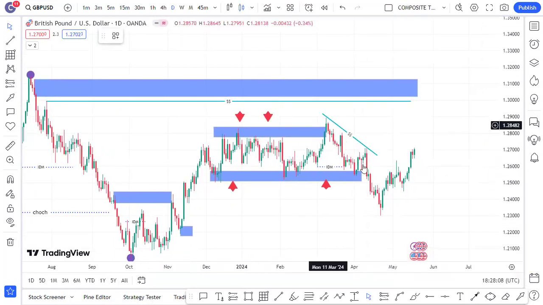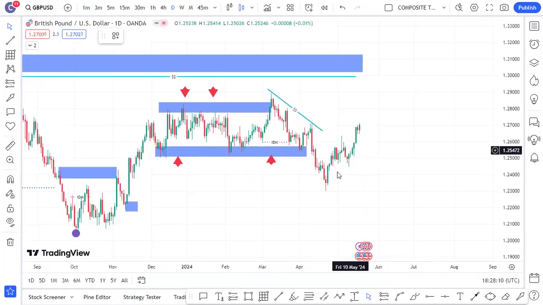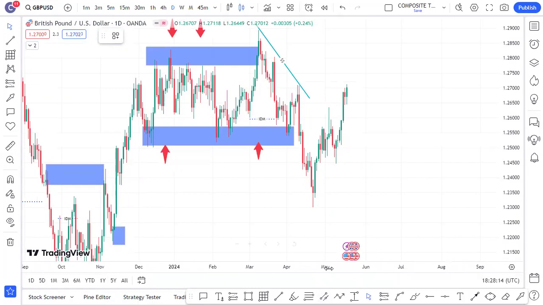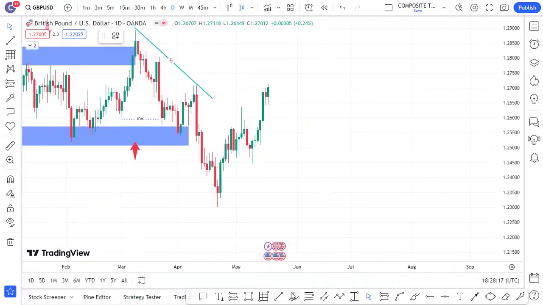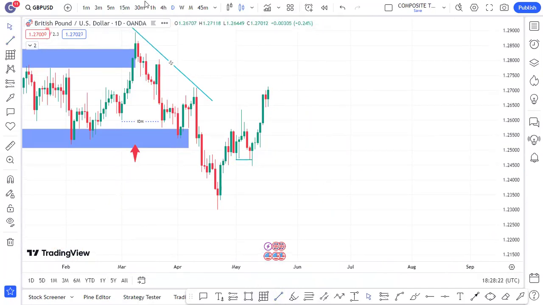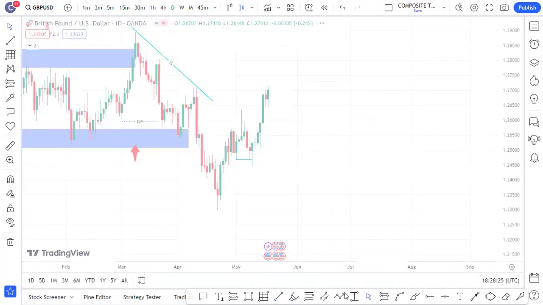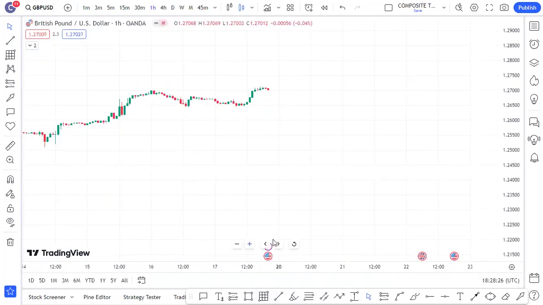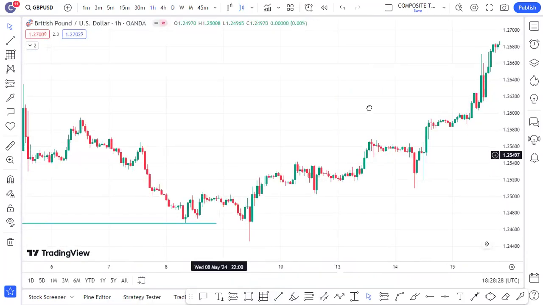And this is a daily time frame. So you can drop to a lower time frame and try to see what is happening here, because we can see the last sweep of liquidity on daily was here on this low. We're about to sweep this level. The last sweep of liquidity was there. So if we check on the 1 hour time frame, or projection on the 1 hour time frame, you can see the structure.